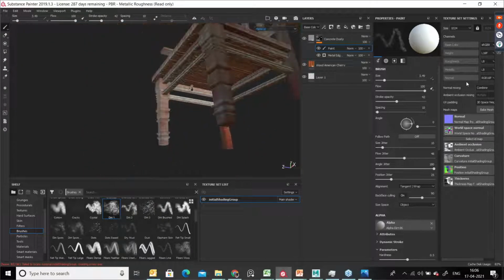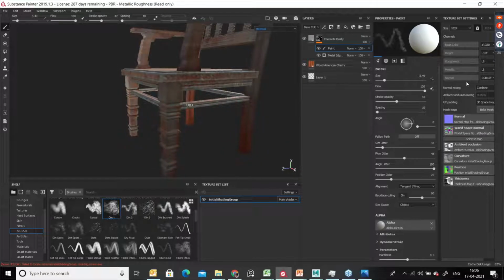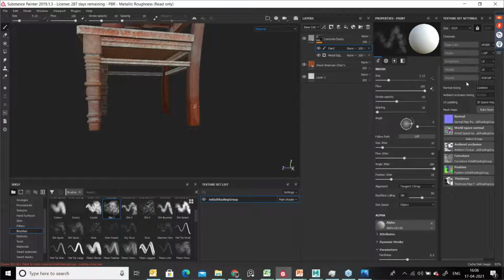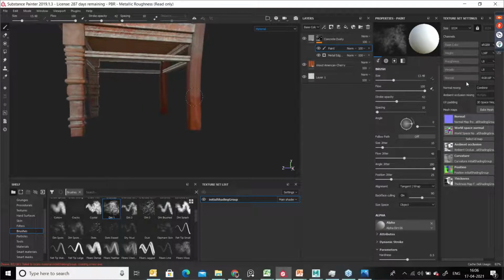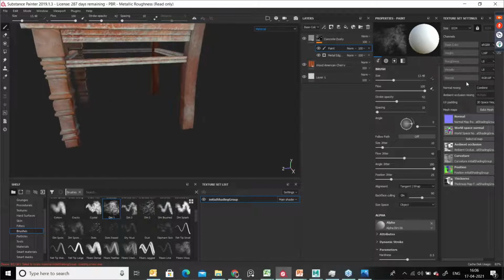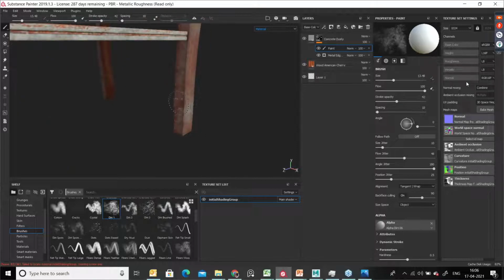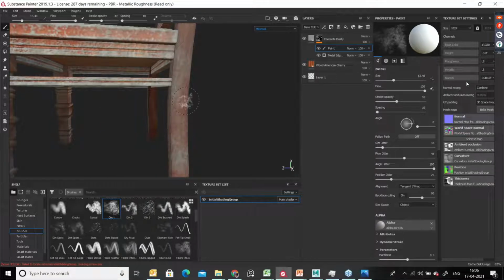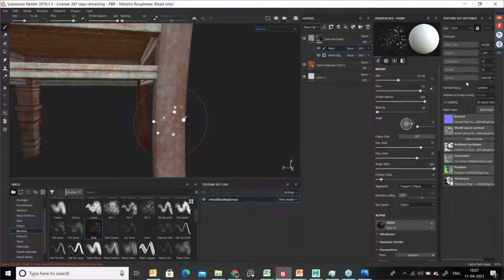Go out and try to change the light direction and try to increase the brush size. Depending on the position or depending upon the model, you can change the brush size. Some areas you want big, you can make it big or small. And because the randomness is very important over here. Now I am going to pick some dot brushes also. See here the dot brushes, it's looking nice.